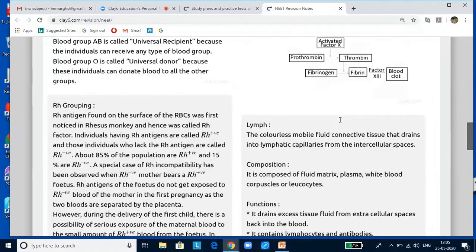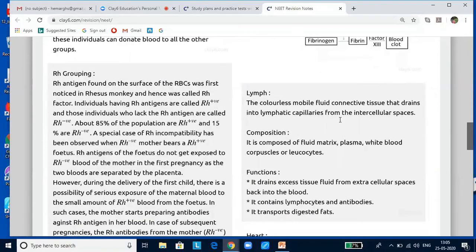Now let us look into lymph. The fluid collected in the spaces between the cells of the tissue is called lymph, or interstitial fluid, or tissue fluid. Lymph contains water and the same mineral contents as the plasma. The network of vessels called the lymphatic system will collect this fluid and drain it back to the major veins. Lymph is a colorless fluid containing special lymphocytes responsible for the immune response of the body.